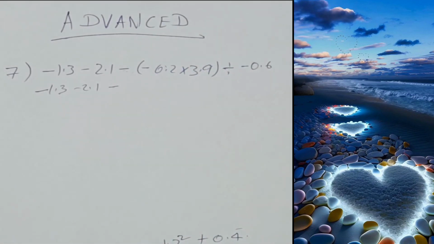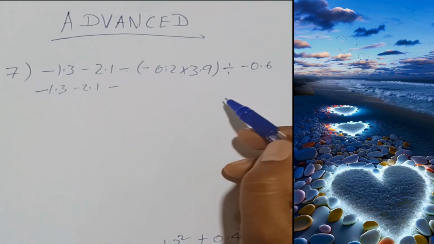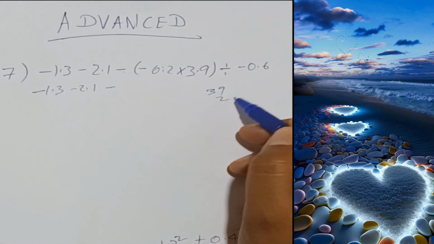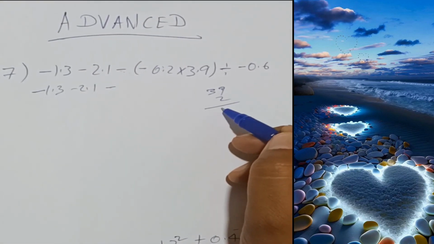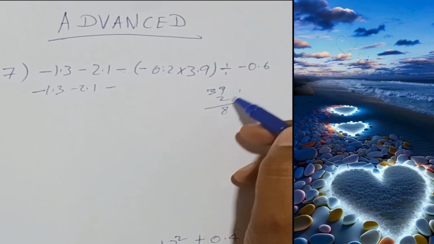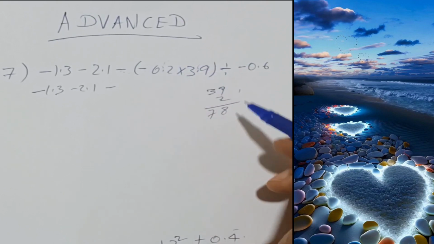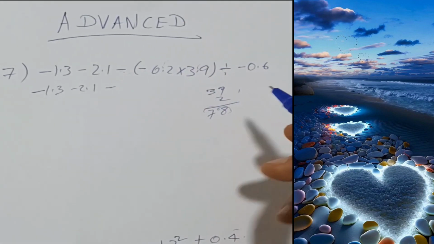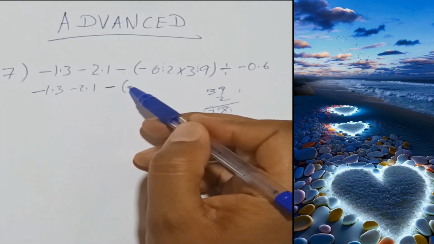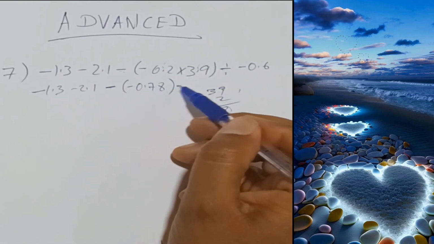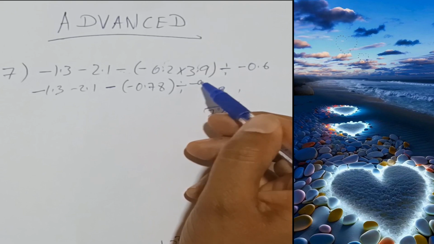We will multiply this. 0.2 times 3.9 means I will do 39 times 2. 2 times 9, 18, and I have 1. 2 times 3, 6, plus 1, 7. And how many decimals did I have? 1, 2. So this will be minus of 0.78